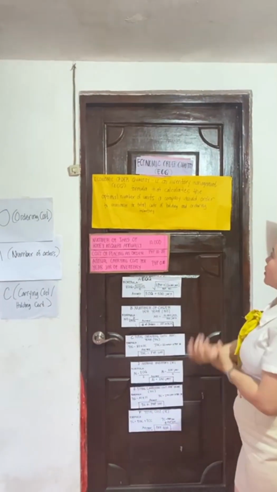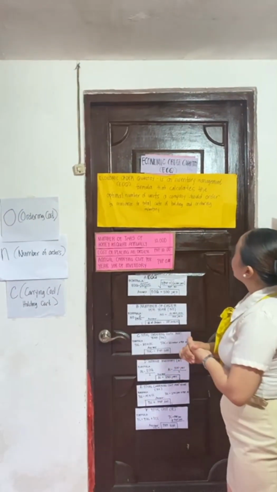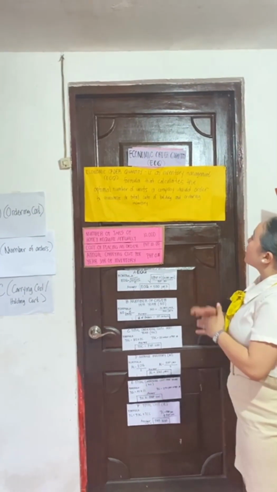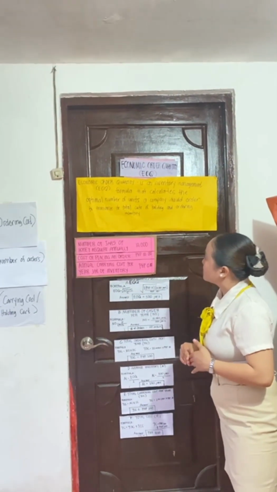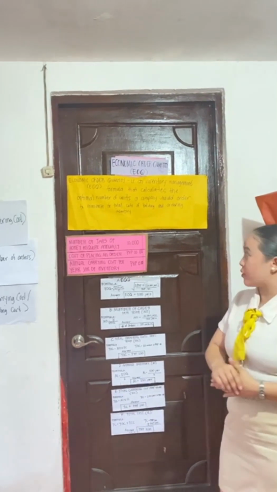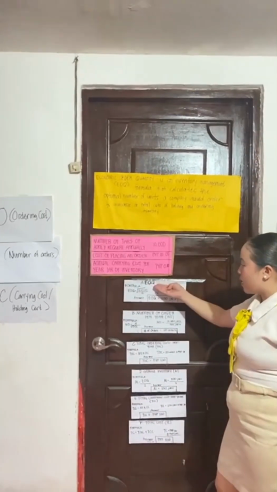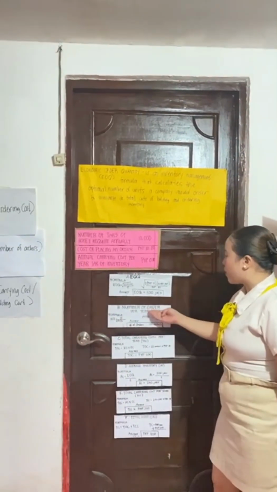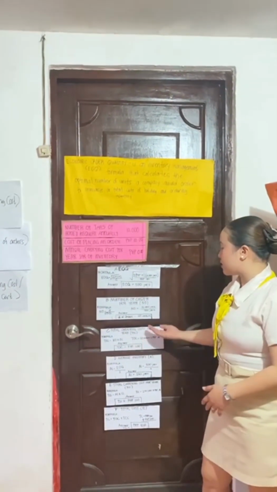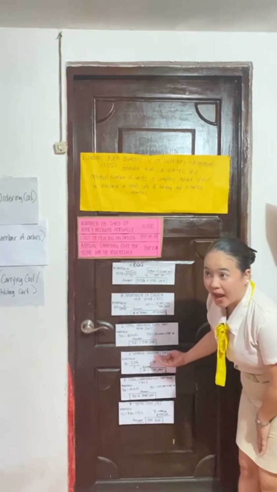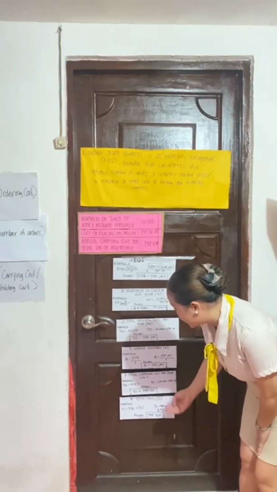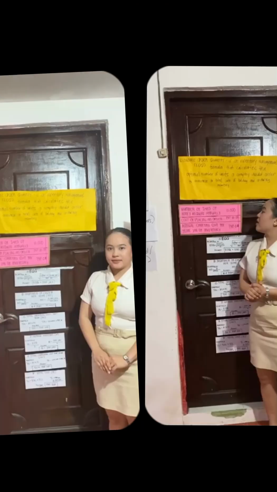And I have here the economic order quantity or the EOQ. So EOQ is the inventory management formula that calculates the optimal number of units a company should order to minimize its total cost of holding and ordering inventory. And now with the EOQ, we can also compute the number of orders per year or NO, total ordering cost per year or TOC, average inventory or AI, total carrying cost per year or TCC, and total cost or TC.